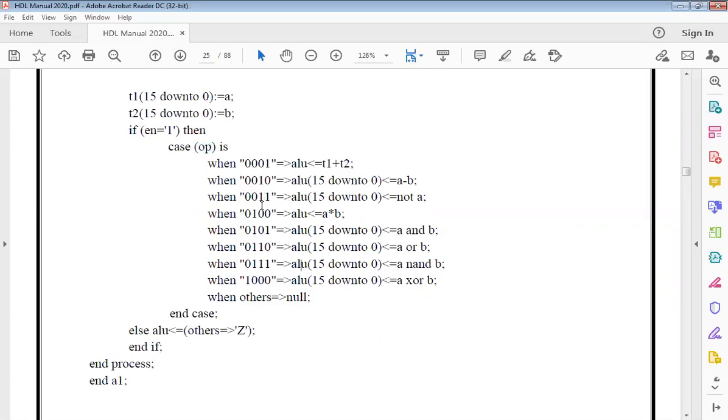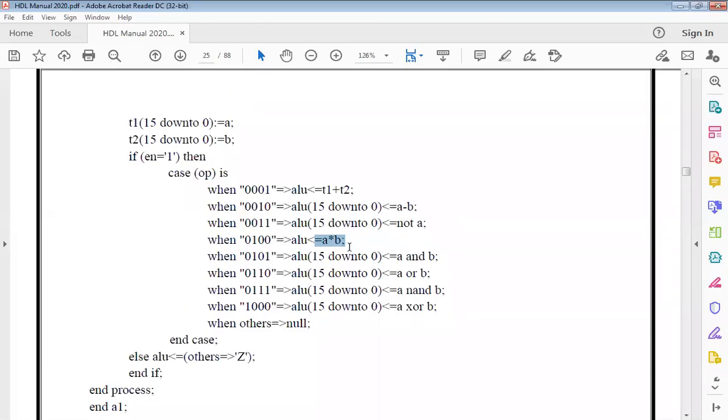Next, when I say 0100, then it's going to be a multiplication. Generally, during multiplication, we need a larger space. So we are going to multiply bit by bit. I think you know how this multiplication operation happens. Have you all studied this in your theory, how bitwise multiplication happens? Yes, have you studied?